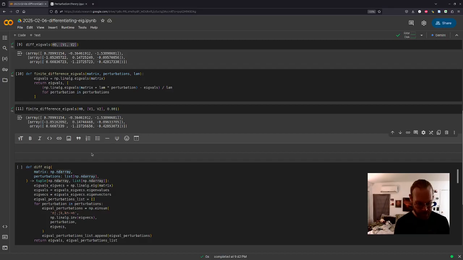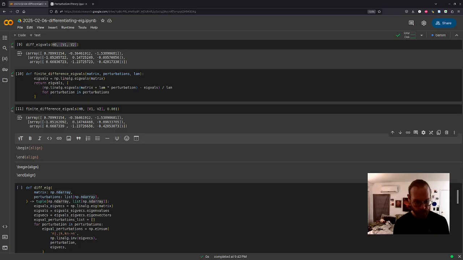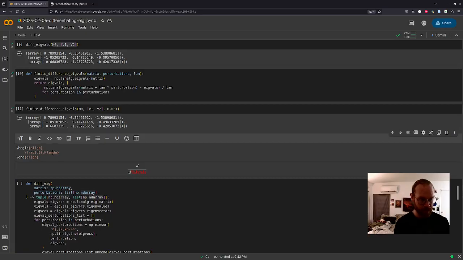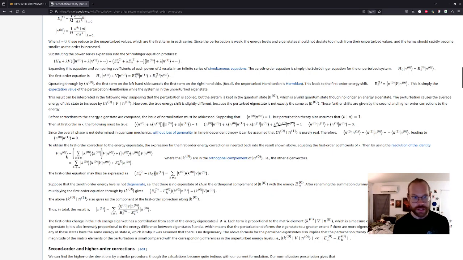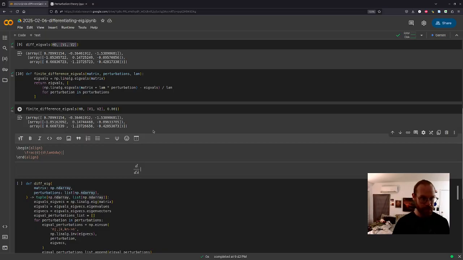So what we don't want to do is take the derivative with respect to lambda of n of lambda, which is what Wikipedia notates these as.